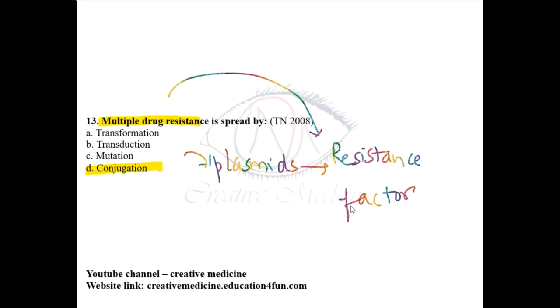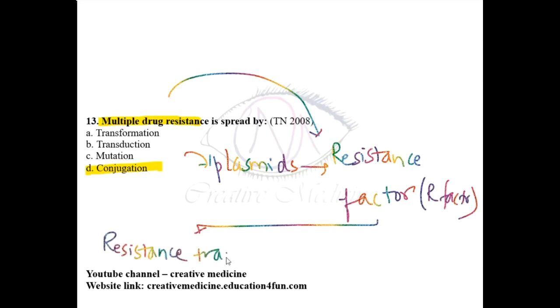So this resistance factor, also called the R factor, has two components. The first component is the resistance transfer factor. Then it also has one more thing, which is the resistance determinant. It has a resistance transfer factor and a resistance determinant. This resistance determinant is the one which is responsible for